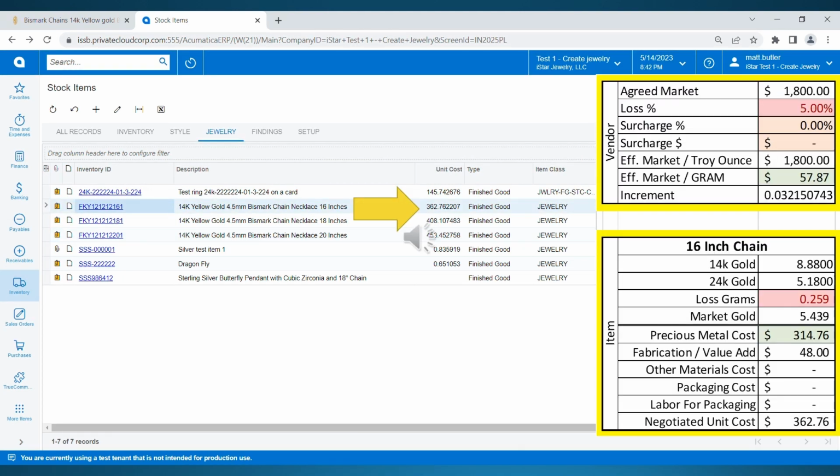All right, so in validating these 3 negotiated costs, we look at the vendor's agreed market at $1,800, and then we have the 5% loss, which brings us to $57.87 per gram. And the weight at 8.88 is converted to 5.18. And then that 5% actually hits the weight with the loss in grams, and that is 0.259